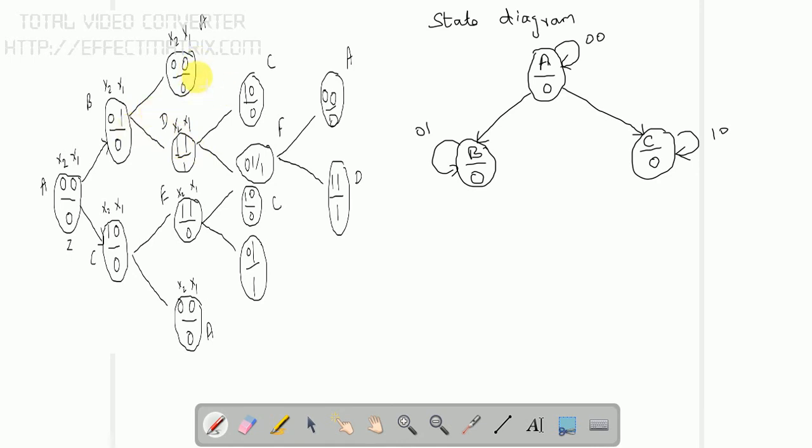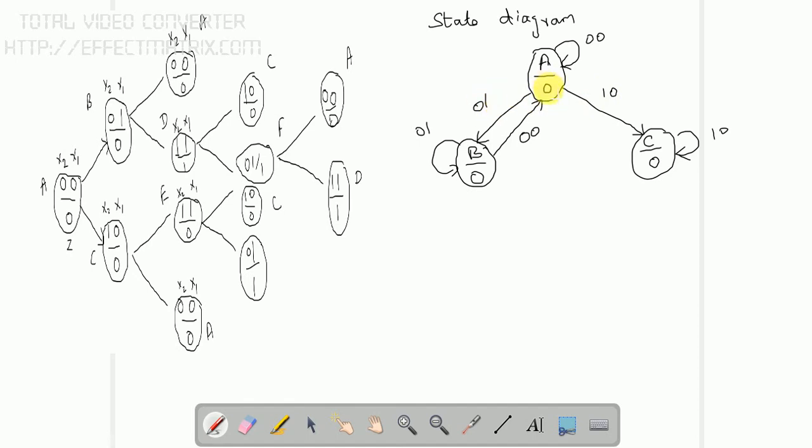Already we have the A state, so I'm going to write this as B to A, as well as the value, that is from 0 1 to 0 0. So this is the starting state, and this is the receiving state. So from 0 1 to 0 0 it is moving, so it is 0 0. Similarly, from A to B, from 0 0 to 0 1, the receiving state is 0 1. At the same time, from A to C, it is going from 0 0 to 1 0, I am writing this as 1 0. Parallelly, I am going to write the output also.